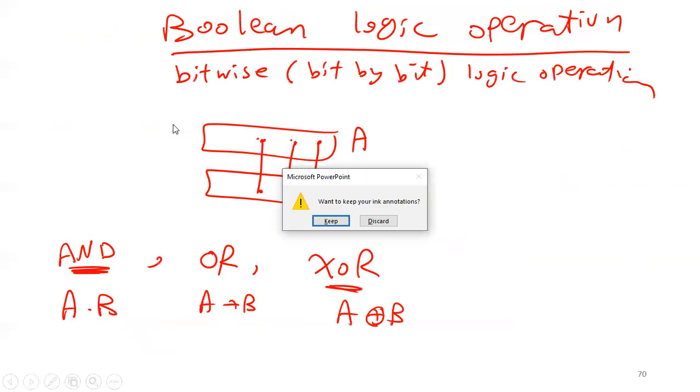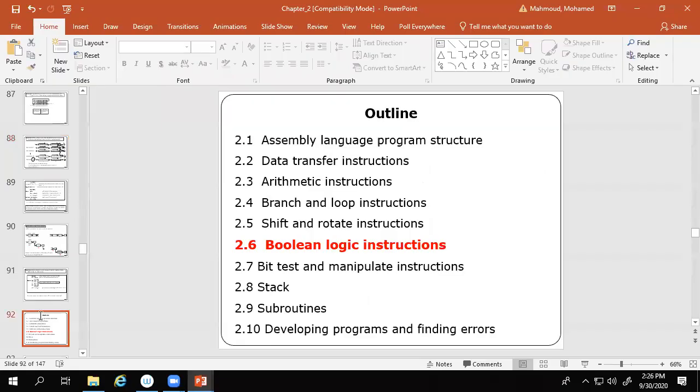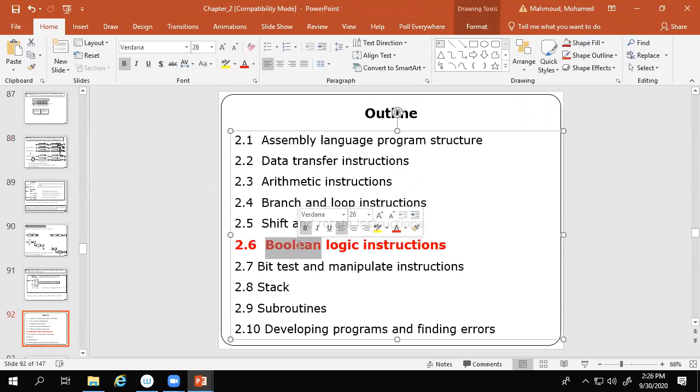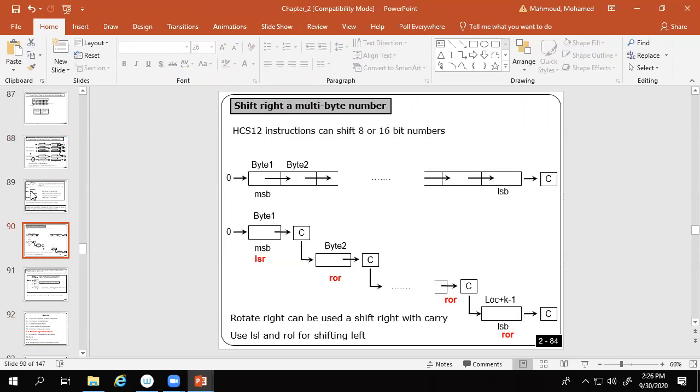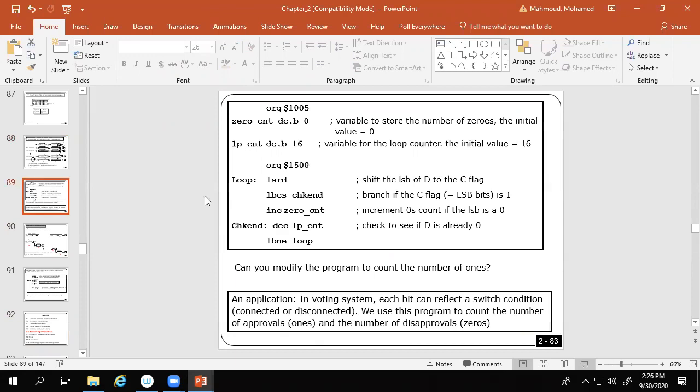Okay. I still have another example here. I want to teach this example before I go to the next section, which is about Boolean logic instructions. Okay. I'm done with shift and rotate instructions except this one. So what I want to do here, guys, in this example is